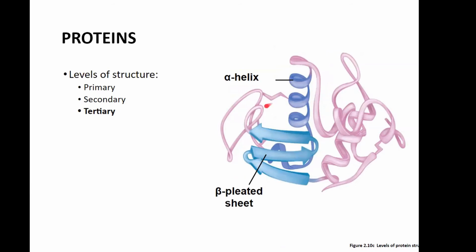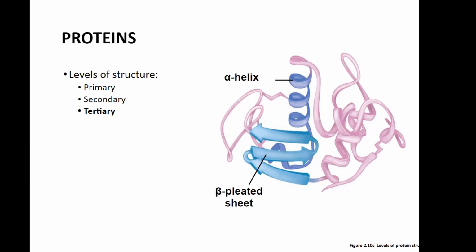So we can see here that we have alpha helices and beta pleated sheets. So those were part of our secondary structure. Now we can see that we've started to basically crumple up those alpha helices and beta pleated sheets into a messy kind of ball. So that's our tertiary structure as we continue to get more varied shapes, basically, as we start to make this